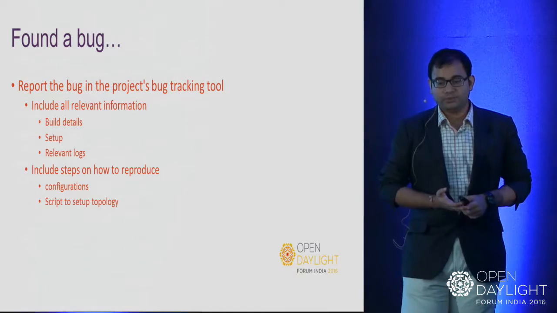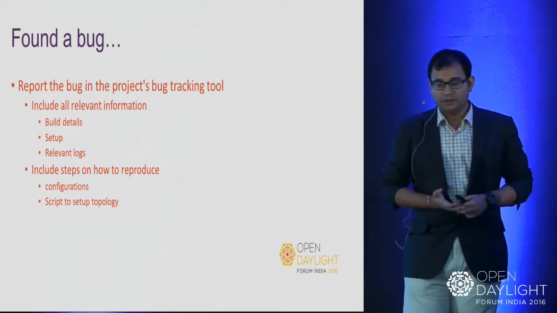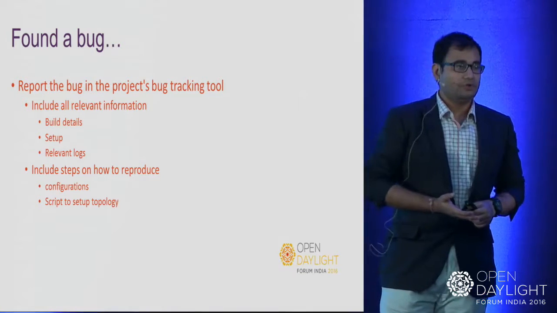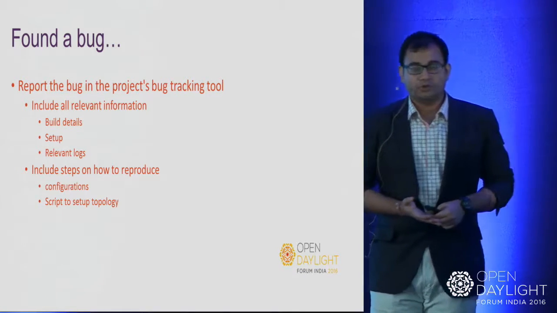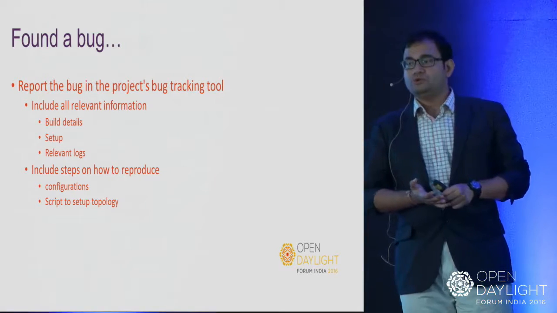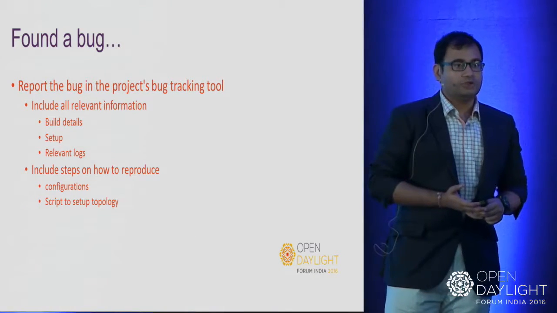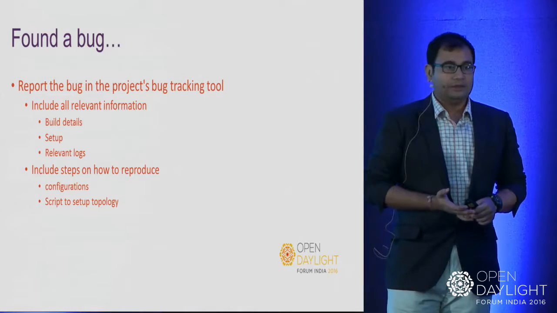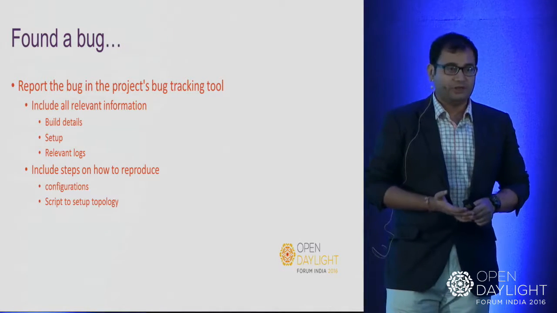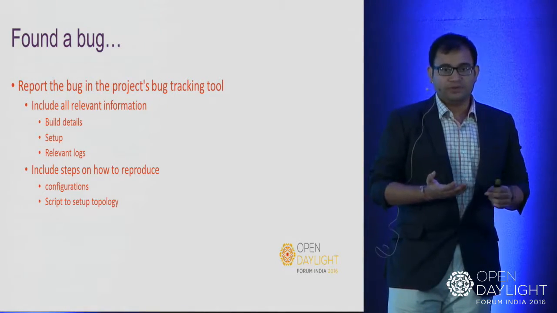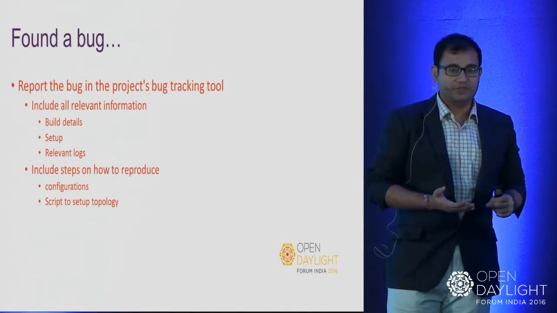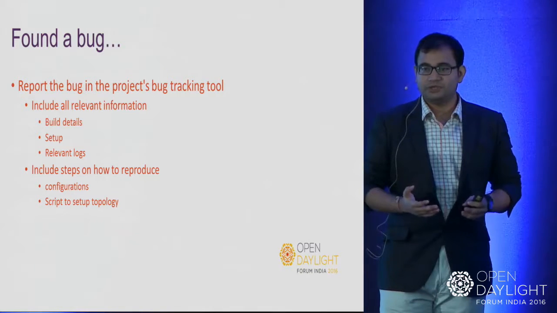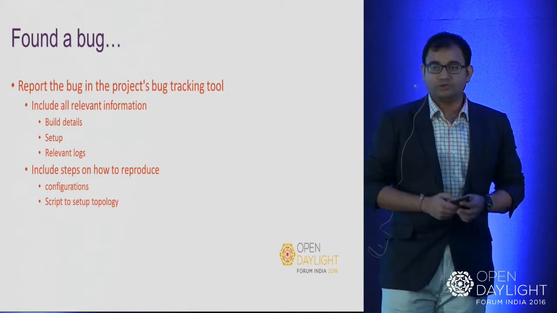But once we are putting up that information in a bug, most of the times the people looking at it would not have any idea on how you want to reproduce the issue. So put up all the configuration data that you want associated with the bug, the topology of the network that you are testing with, and any other relevant information, like I'm running it on a hardware server, this is the configuration, I'm running it on a VM, this is the configuration, this is the networking that is done. If you have any topology script that you can attach, please feel free to attach all that information.